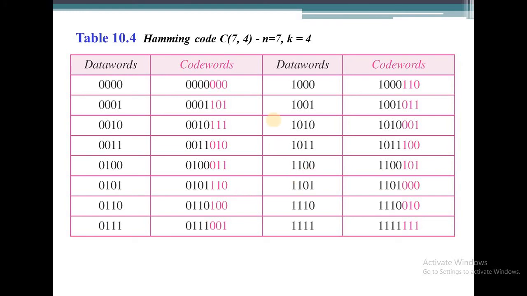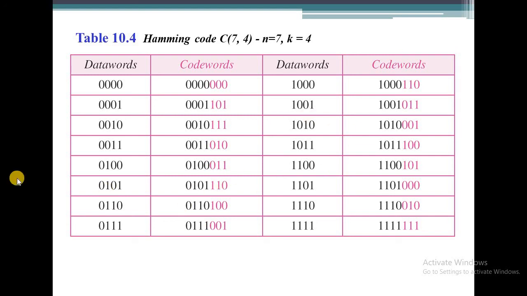Here you can see the Hamming code. In case of Hamming code, we have a data word as well as the code word. If we have a 4-bit data word, then the redundant bits added are k minus 1 bits. That is, the data word is indicated with k, here k value is 4, and the redundant bits are going to be k minus 1 bits. So for a data word of 4 bits, the redundant bits are considered to be 3 bits. And the entire code word is going to be a combination of data word plus redundant bits, that is 4 plus 3, and the length of the code word is 7.